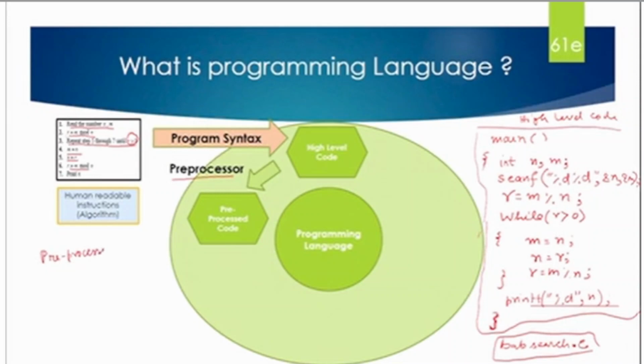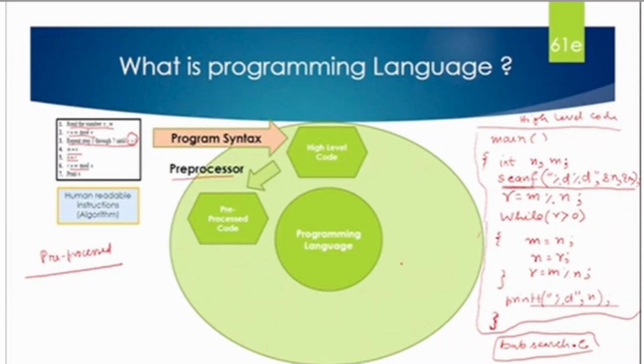Only thing is that in our high level code we use a lot of shortcuts, like scanf, this is the function which is used for storing the data in variables. Now inside this function there are so many C statements, but we are using scanf as a shortcut. As a programmer we do not want to write all the statements which are inside scanf again. Instead of that, we just call this function, then automatically all those statements inside scanf will run. So this is the shortcut,